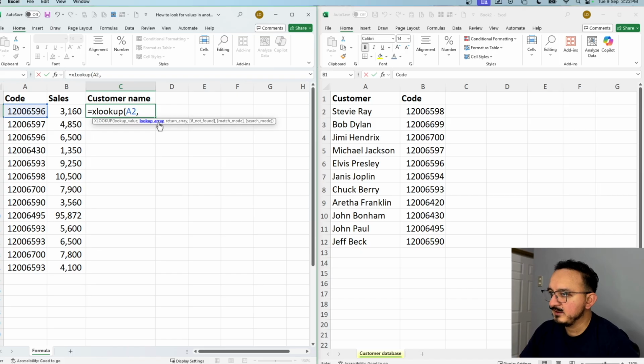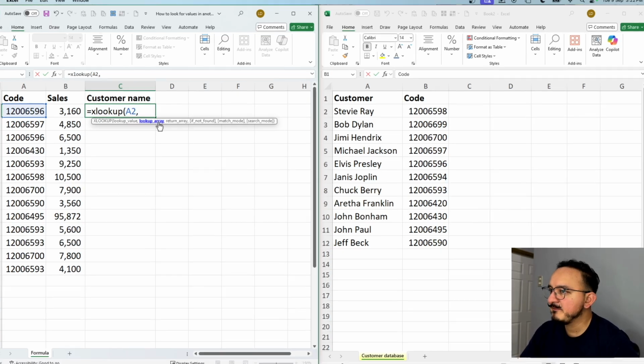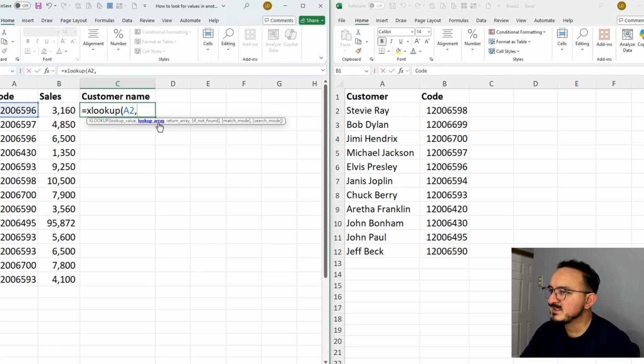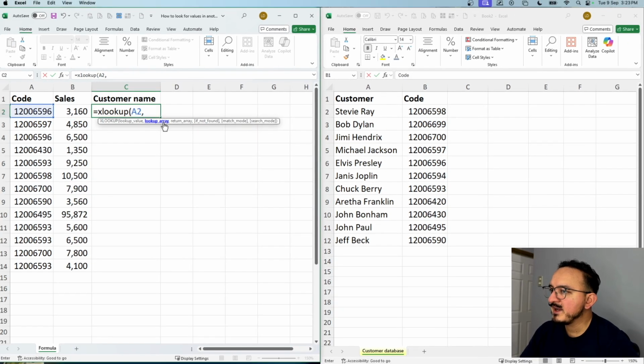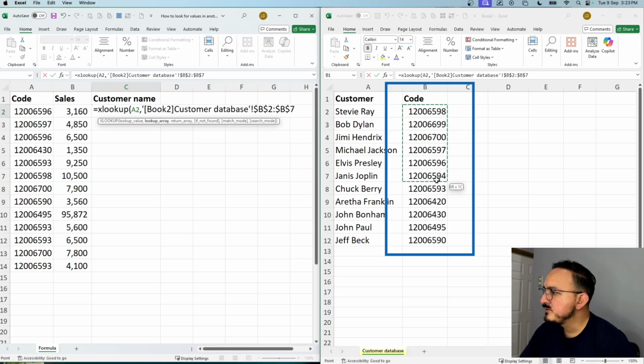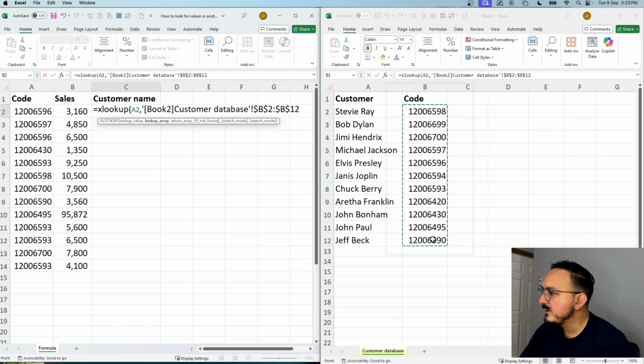Then the formula is asking me for a lookup array. In other words, it's asking me where I can find that value on a different table. In this case, we can find the code on the array of table B. So I'm going to select all of the codes from cell B2 down to cell B12, and that is going to define the lookup array. The next step is to type a comma,